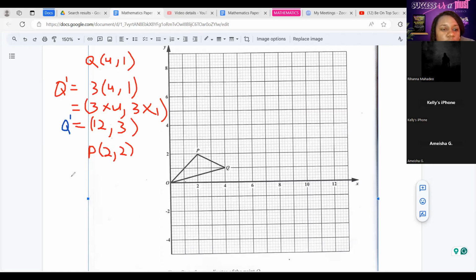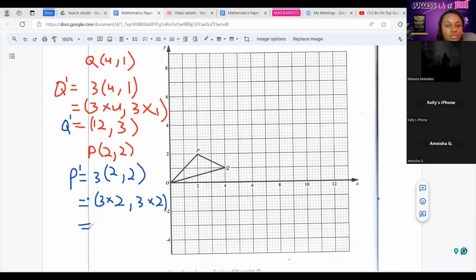To get P prime, we must rescale it to increase it by 3 as well. So I could say that 3 multiplied by 2, and then we have 3 multiplied by 2 again. It should be equal to 3 twos are 6, 3 twos are 6. Which would be the coordinates of P prime. All right. So since we know the coordinates of the enlargement by a scale factor of 3, we just have